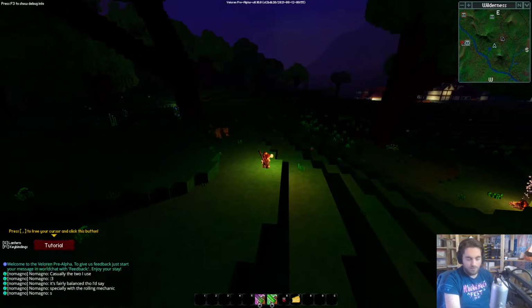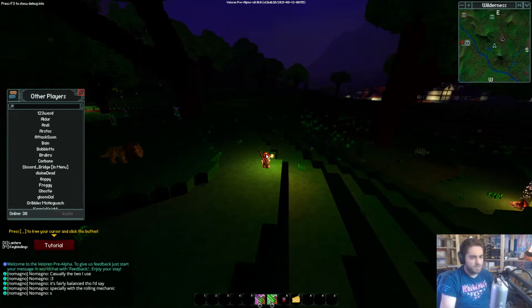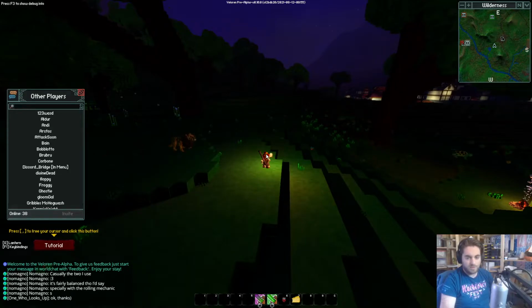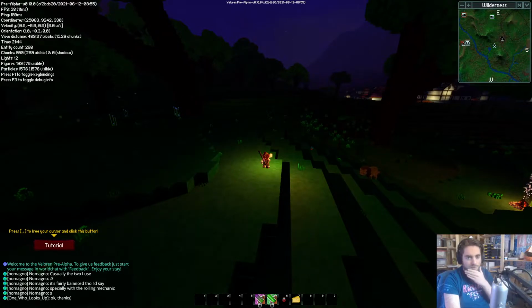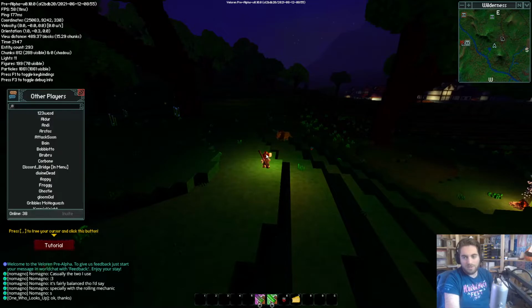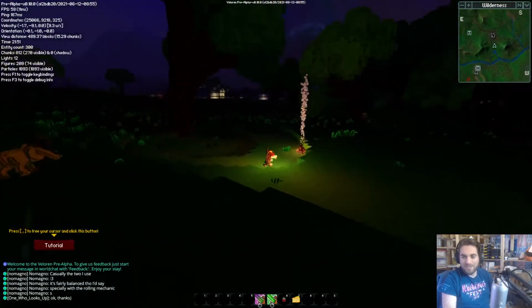So right now we have 38 players online, but we're expecting it to go probably well over 100. I think the cap that we've had is 123 online at once. And right now, our server's in Germany, but we're doing pretty okay. My ping is 181. Sometimes it gets really bad when there's too many people online. All right, that lion might attack me.